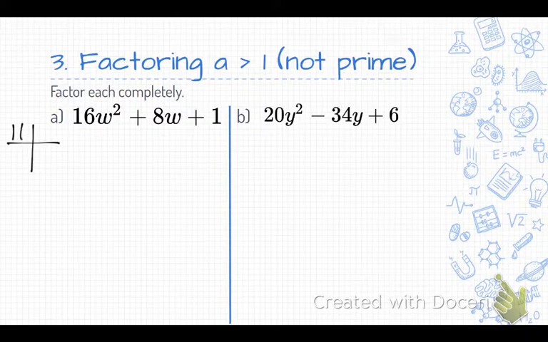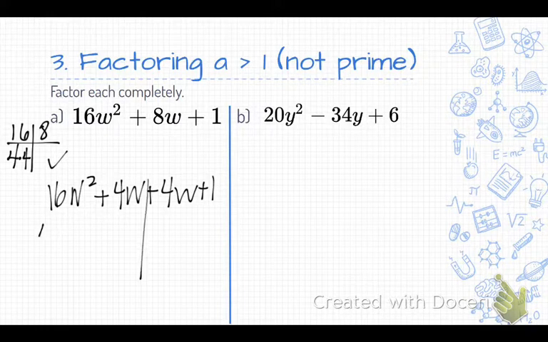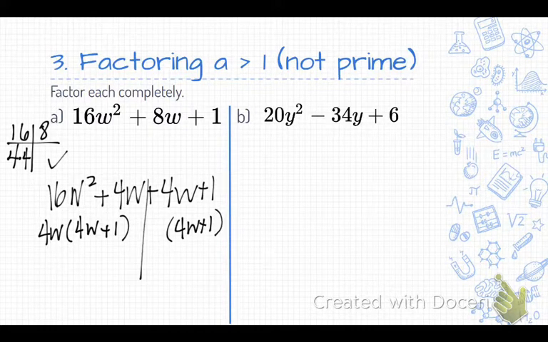My factors are 4 and 4, yes? Okay. So I have 16w squared plus 4w plus 4w plus 1. Am I good so far? Okay, good. And what is my GCF on the right side? Positive 1. Okay, so that means my answer